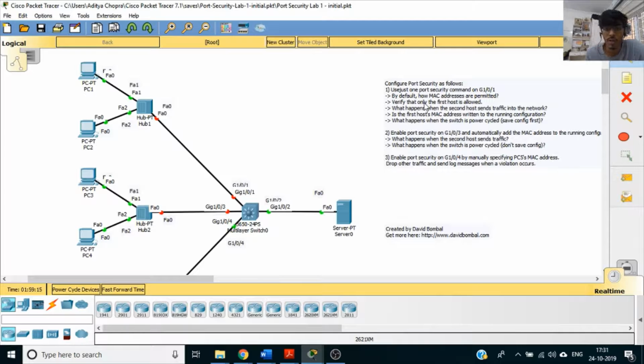Then we have to verify that only the first host is allowed to access that port. Then what happens when the second host sends traffic into the network? We have to see the behavior of the switch when a second host tries to send traffic to our network. Is the first host's MAC address written to the running configuration? So we will check that as well. What happens when the switch is power cycled? So in this case, we will first save our configuration and then power off our switch and then power it